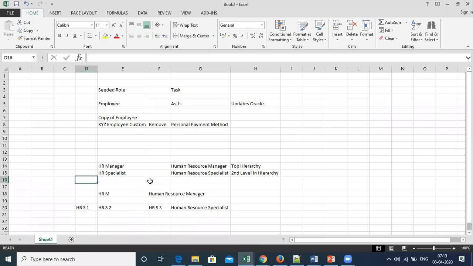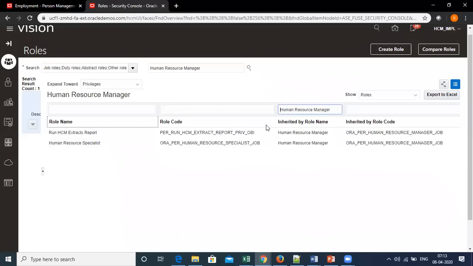So this human resource manager has directly taken up human resource specialist and run HCM extract reports. Now these two roles are the top roles.